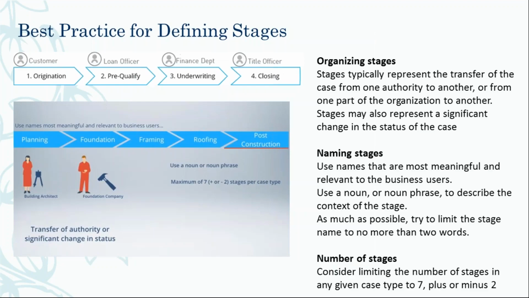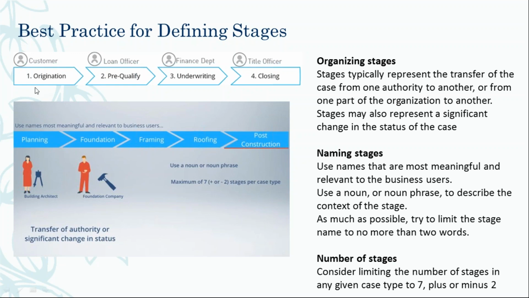Okay. So how do we go about defining the stage? The first thing, which I told you, is whenever you are transferring the authority from one person to another. It's like in the swim lane; we have different actors, and we show what each actor is going to perform in the swim lane. That can be converted into stages. Or if one work is completed and we are going to start with something from another department, then also we can convert that into a different stage.